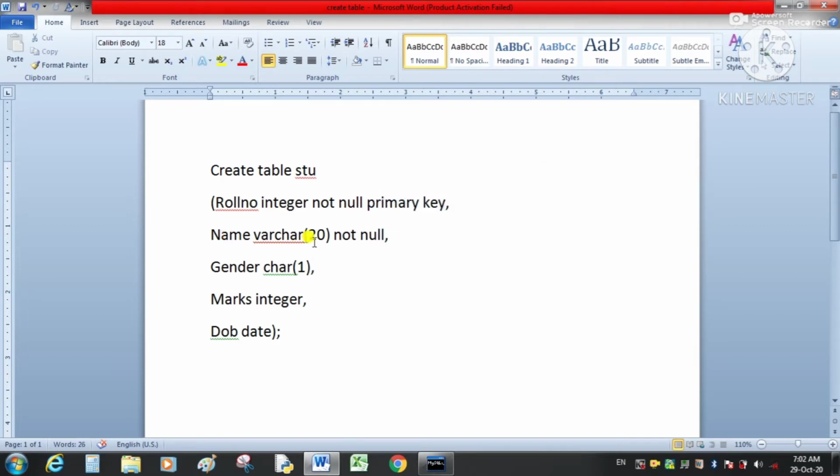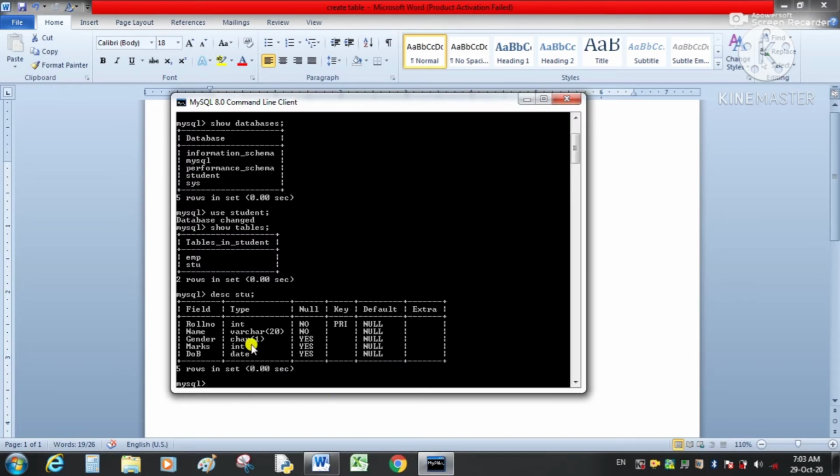Second, name varchar of length 20. Here again we cannot enter a null value for the name column. Then gender, marks integer, date of birth date. Here we have used a comma, and this is our last field. Then after closing the bracket we will use a semicolon. So this is the create table command which we have used to create our table.